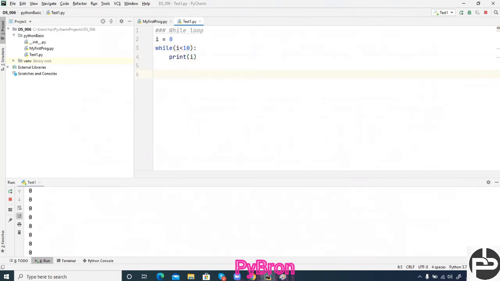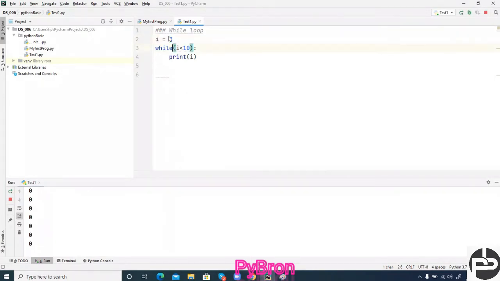Exactly, it means we did not provide the incrementing here where the loop has to be finished, right? So unless I give the instruction on where to finish, how will the loop get stopped? Right now, what is going to happen? See, i is 0, and now it is going to check the condition here: i less than 10, means 0 less than 10. Okay, the condition is true, so it is printing 0. Next time, i is still 0, so again the condition is true, and again 0 is going to be printed. A similar thing is going to happen until an infinite loop.